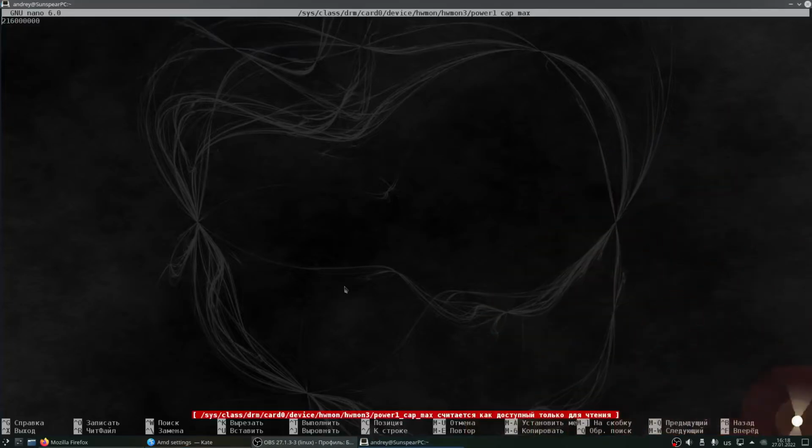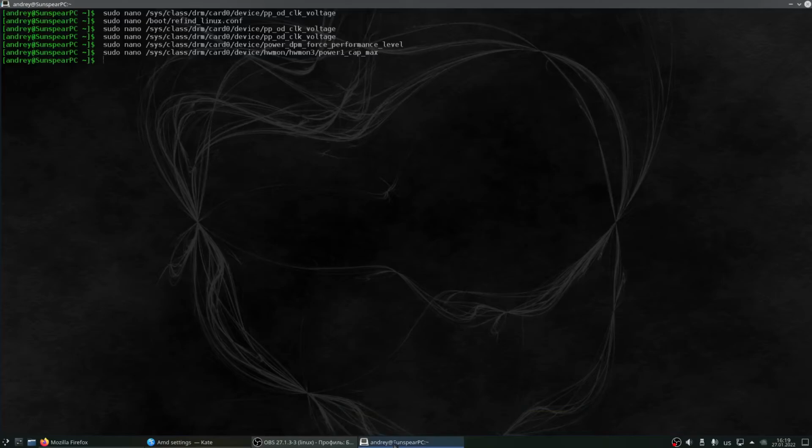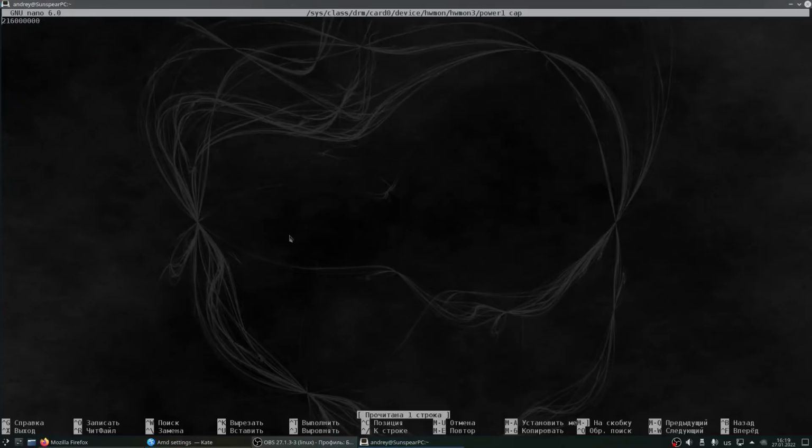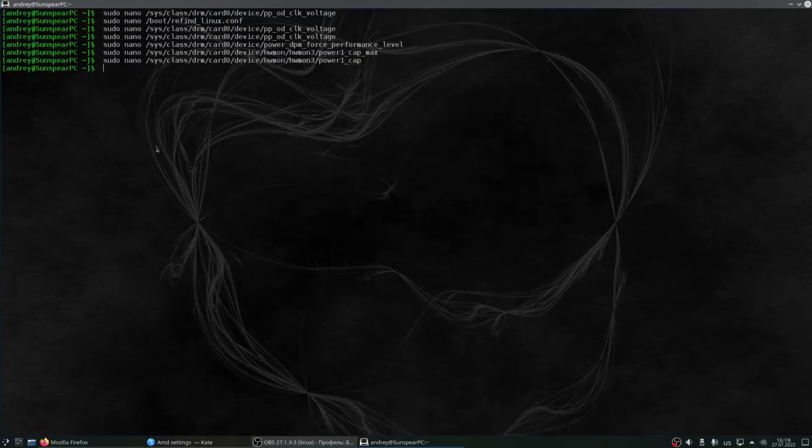It's the one file that we won't change, because it stores the maximum value of power that your GPU can consume. Basically it's 20% up by default, as it was in Windows. And the file power1_cap stores the current power cap of your GPU. In my case, because I have already applied all the settings, it equals the maximum power cap.